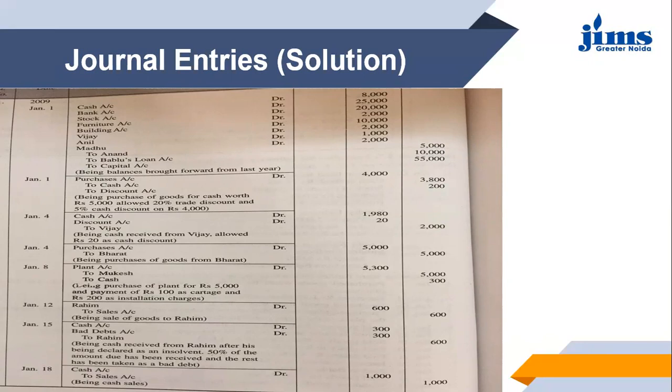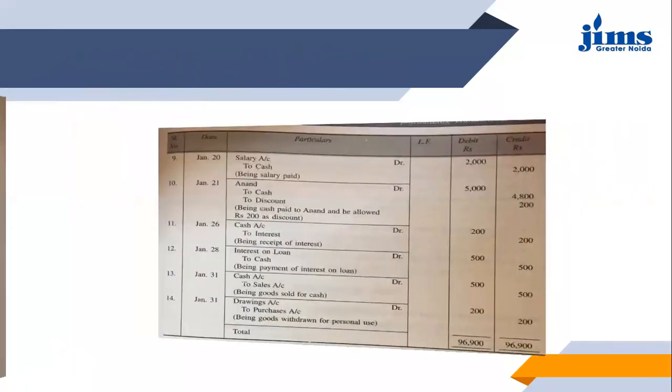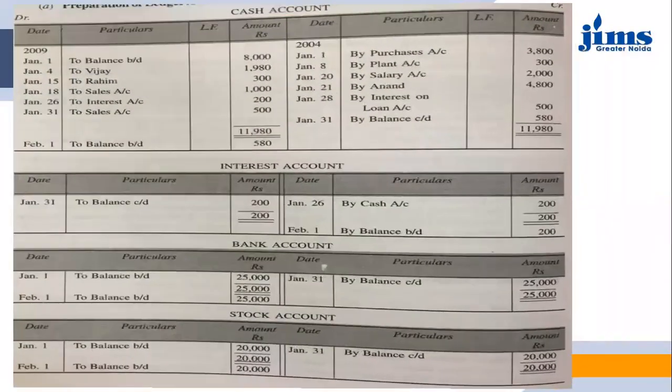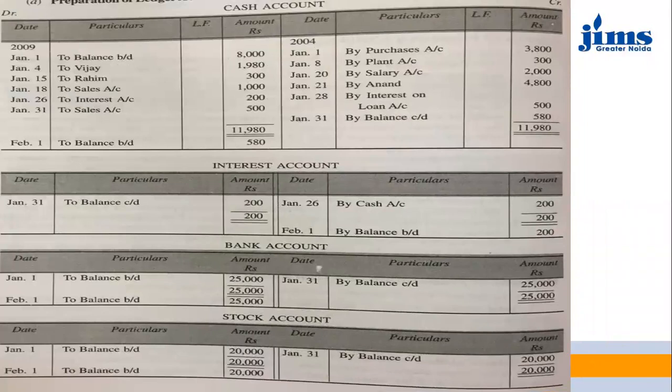So we have to prepare the plant account and Mukesh account. So let's take up the entry for the cash account first, and then we'll prepare the plant and Mukesh account. So for cash account, it is 300 rupees. So what we'll do, cash account is getting credited. So we'll go to the credit side of the cash account, and it's an entry of 8th of January. So see, 8th January, by plant account, we have mentioned 300 rupees. So cash account is done.